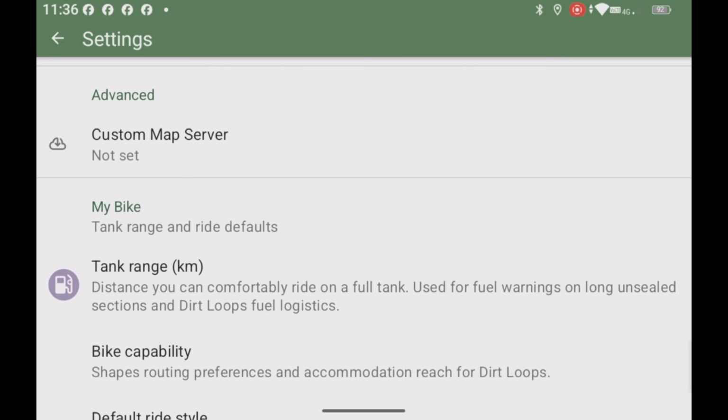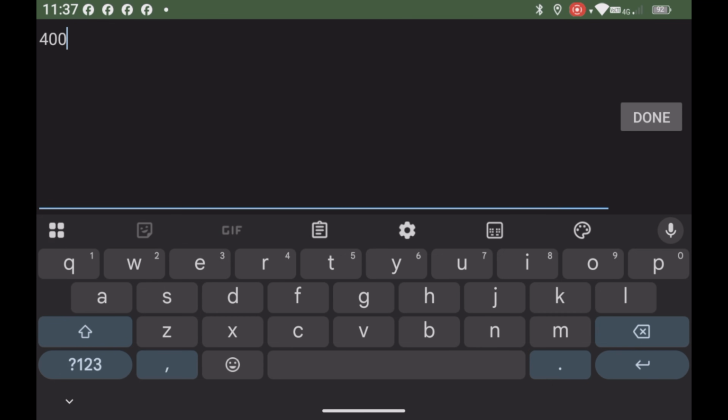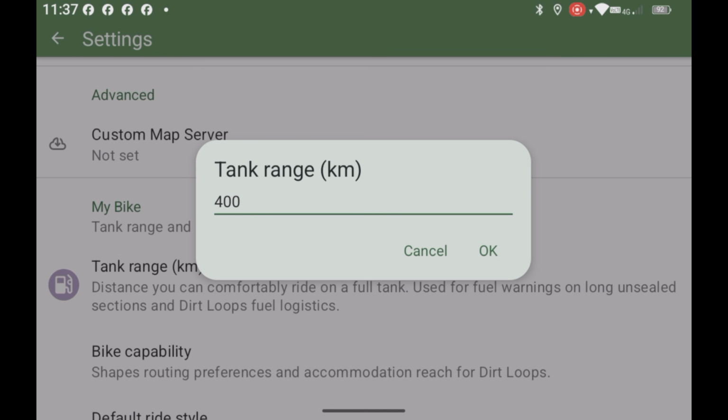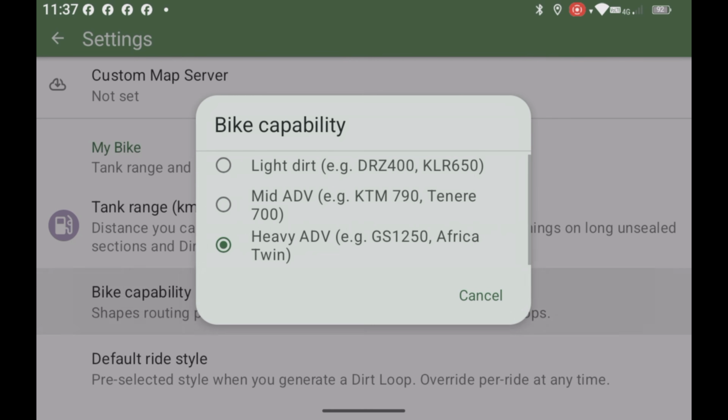And when you get to My Bike, this is where you really set up for your own bike. So you can set your tank range. Both my bikes have 30 litre tanks, so I set it at 400. Then you can set your bike capability. So I've been using it with my GSA 1200,